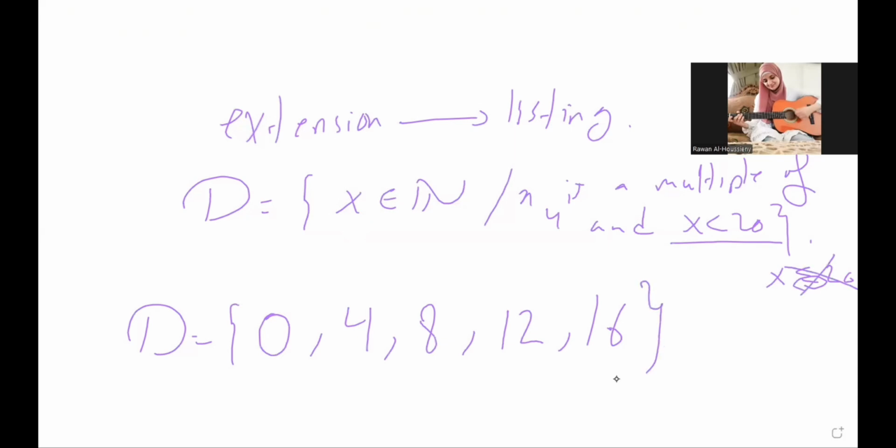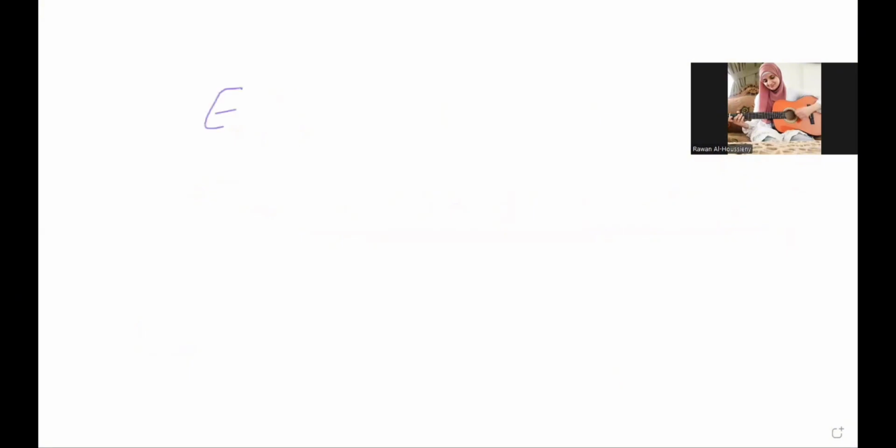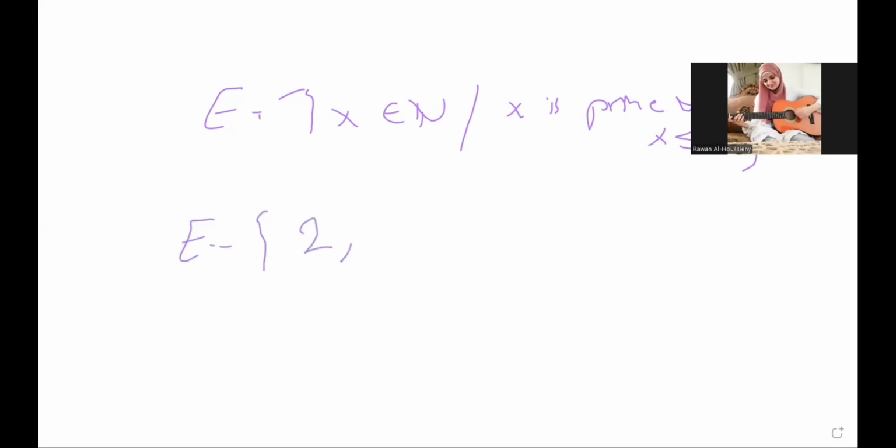Okay, another example. If we have the set E, x belongs to n such that x is a prime number and x less than or equal to 9. Okay, so let's find the prime numbers that are less than or equal to 9. عنا E هي 2 is a prime number, 3, 4 is not, 5, we have 6 is not, 7, عندي a prime number. ال 8 مانا prime لأنه بتنقسم على 4 وال 9 مانا prime لأنه it's divisible by 3,